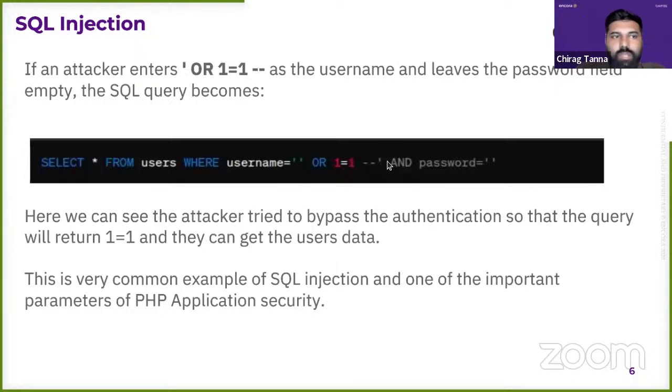Now, how does the attacker enter malicious data or SQL injection? Here I have taken an example: let's say an attacker enters this kind of value in front of you, ' or 1 = 1 --, as the username and leaves the password field empty. So how will this SQL query become? You can see it will become SELECT * FROM users WHERE username = '' OR 1 =